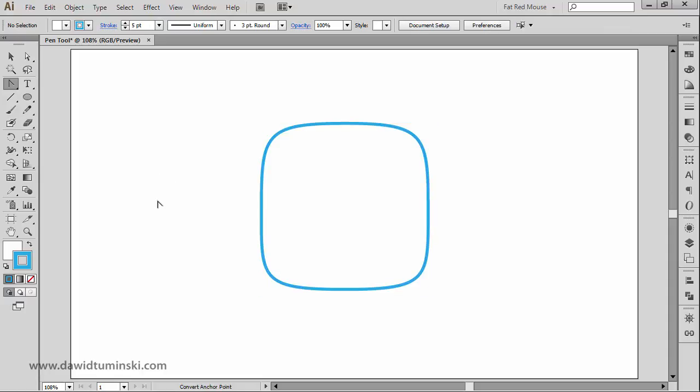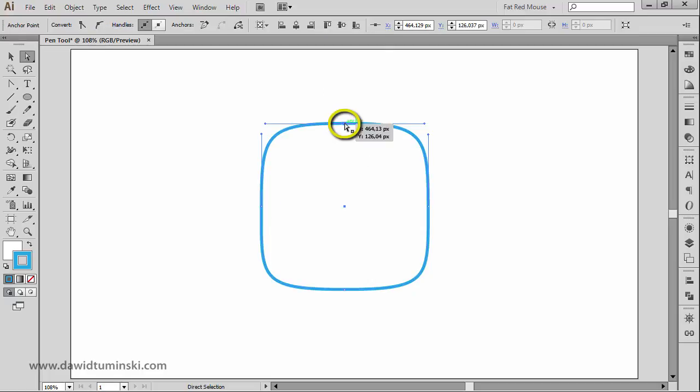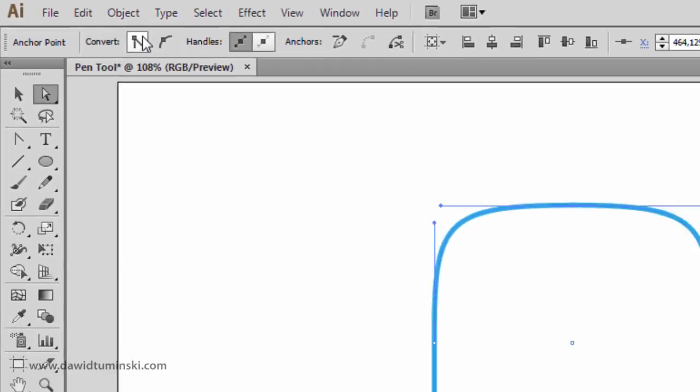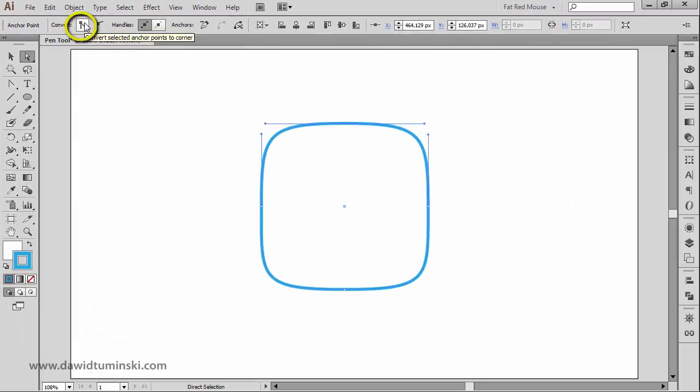Let's say that I'm going to select just one anchor point. So I'm going to grab the Direct Selection tool and select maybe this anchor point here on the top. Then I'm going to move to my control panel, and you can see this convert part right here. If I click on Convert selected anchor points to corner, I'm going to turn it back into a corner. And if I click on Convert selected anchor points to smooth,